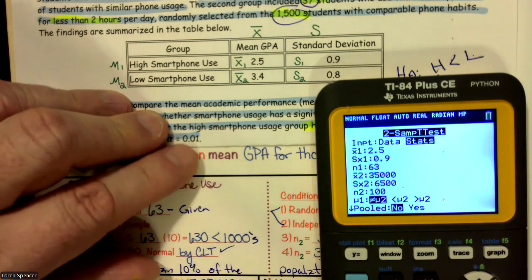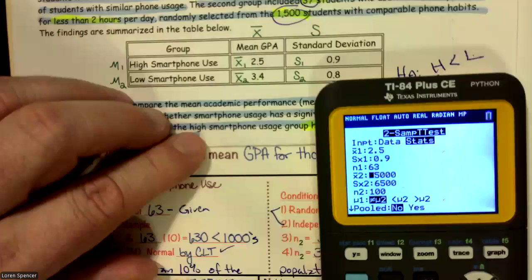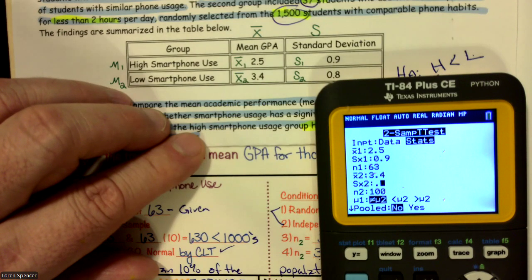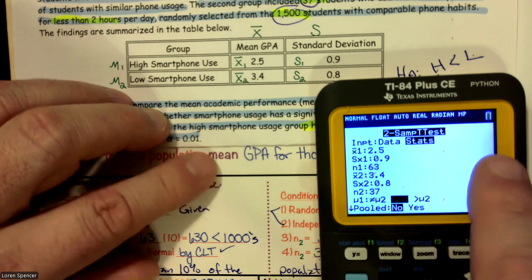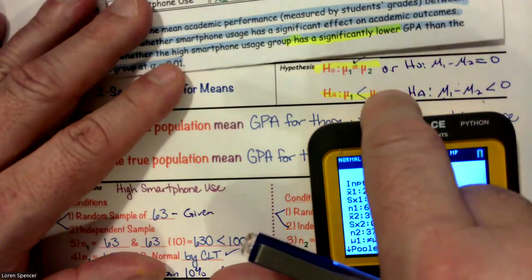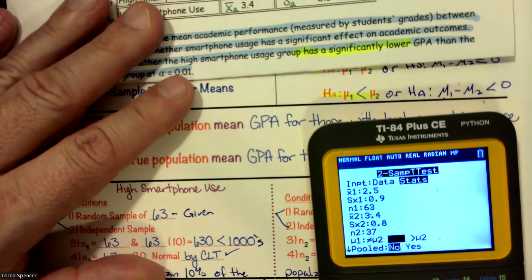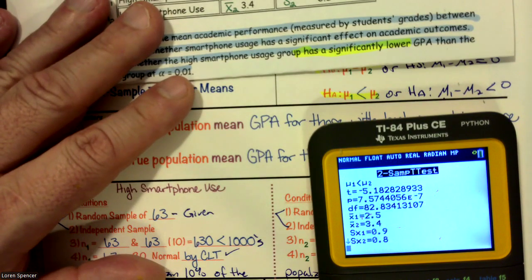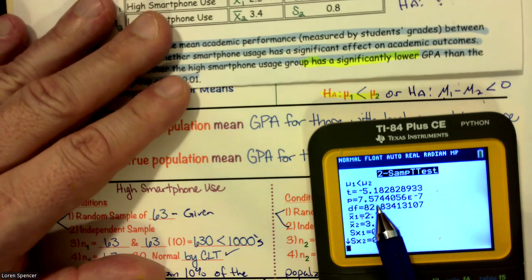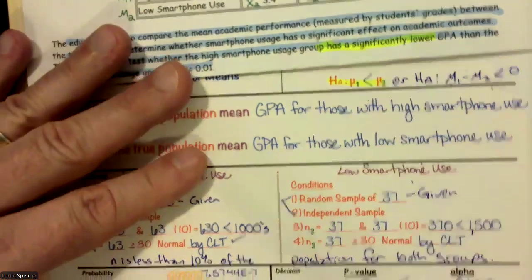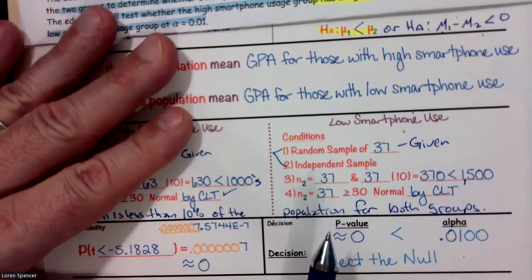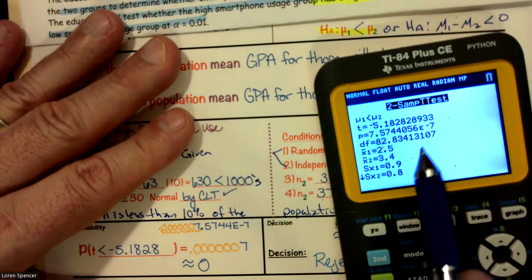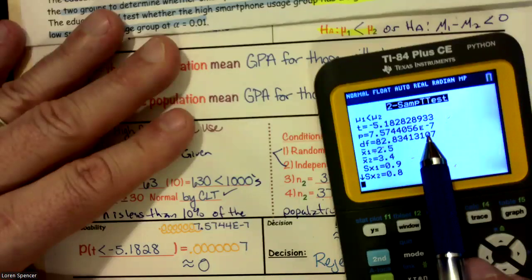We also have a sample mean of 3.4 for the low usage with a standard deviation of 0.8, and their sample size was 37. We wanted a less than because that was our alternative. We never pool. And we end up getting a t statistic of negative 5.1828 and a p-value of e to the negative